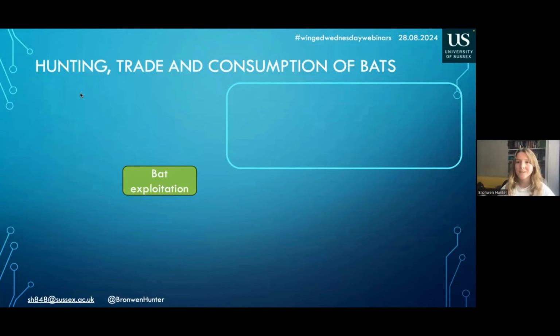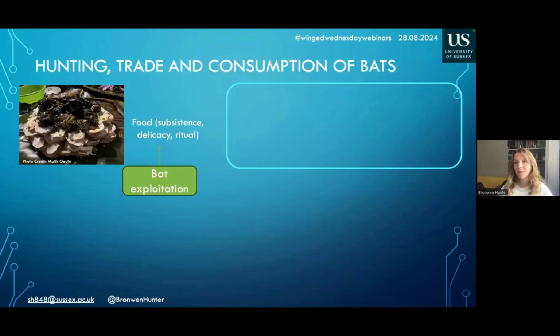Okay, so going back to bats, bats are a really interesting case study to look at global patterns of wildlife exploitation. The key thing is that they are a globally distributed mammal order, but also hunting, trade, and consumption of bats is widespread, and there are a number of different reasons why people may hunt, consume, or trade bats.